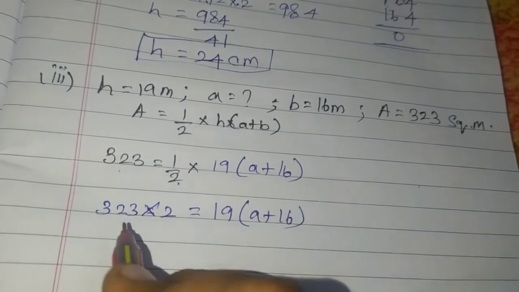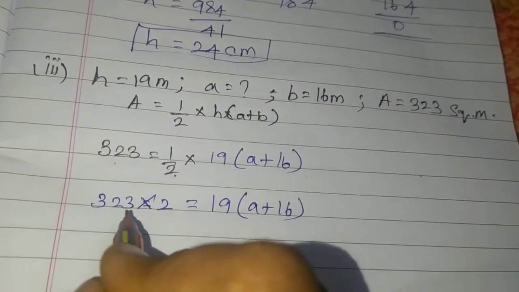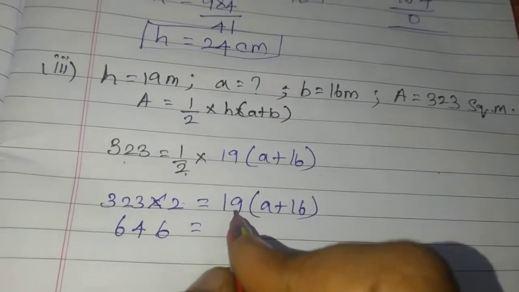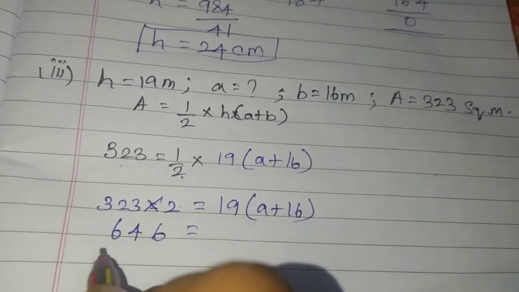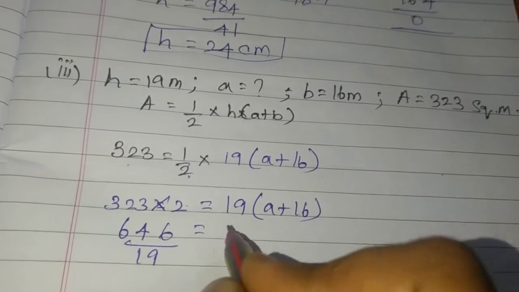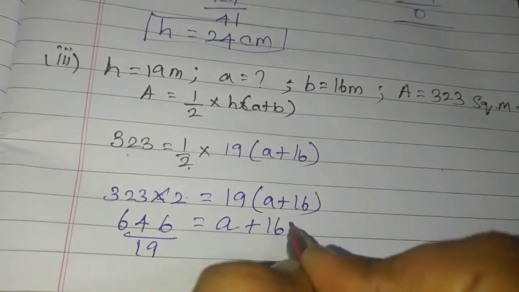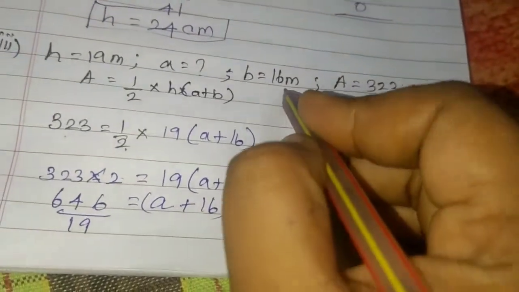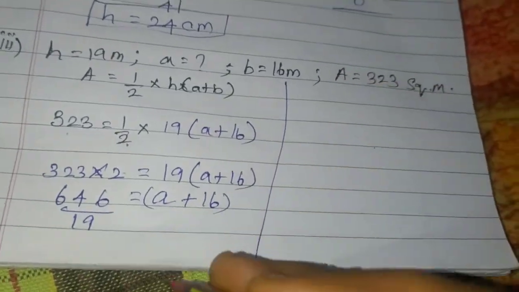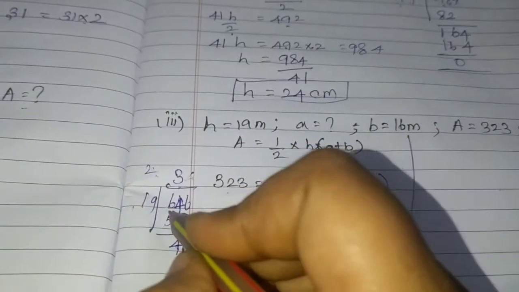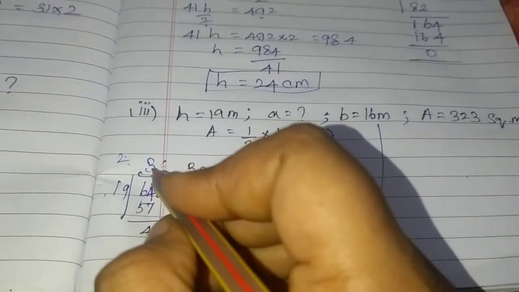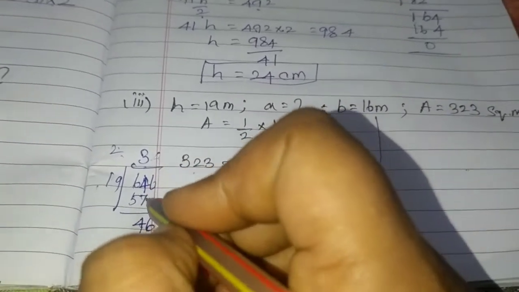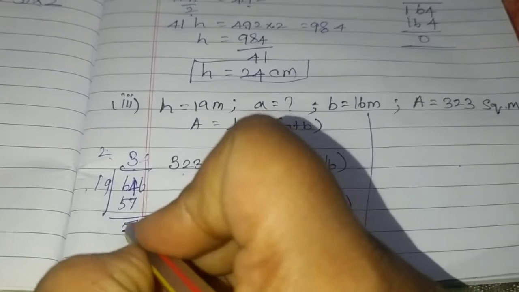Okay, now 323 into 2, what will come? Open your mouth and say 3 twos are 6, 2 twos are 4, again 3 twos are 6, equals 646. So 19 multiplication is here, so coming to this side it will undergo division. So here this side a plus 16 I have. Just listen children, I don't have space here, so I have to continue here itself. You go one by one, step by step. Children, 646 divided by 19, so 3 times if I give, I'll get 57. Now if I reduce this, 14 minus 7 is, I'll get the value 76.